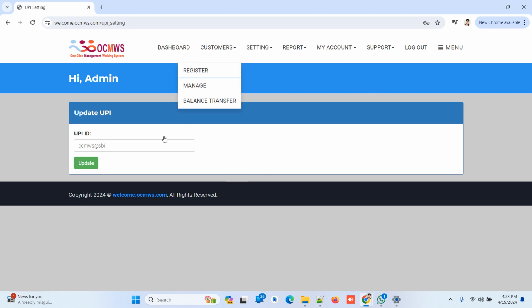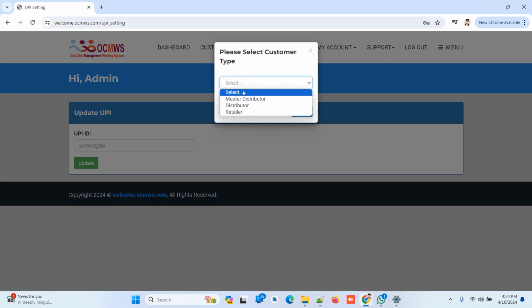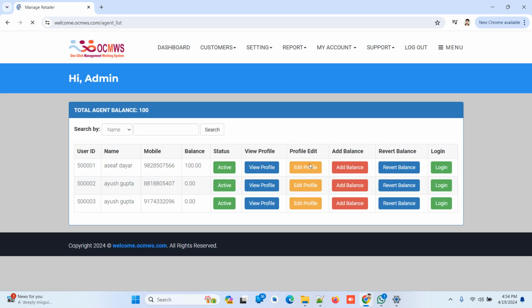You don't need to put any API here. You can manage it directly: get payment with your UPI ID, get it in your bank account instantly, and the balance refill is automatic. So don't worry, this is fully configured and manages multiple systems.